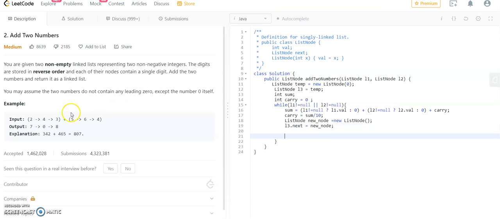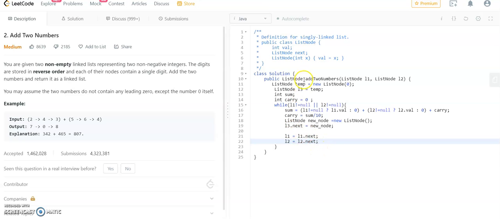And we want to traverse L1 and L2 also, so L1 will be L1.next and L2 will be L2.next.